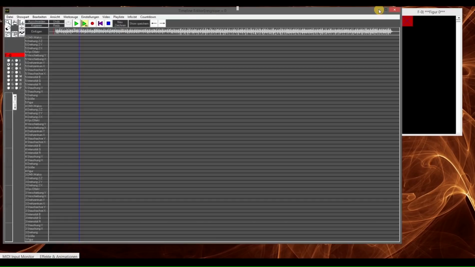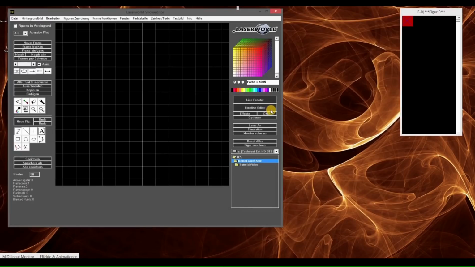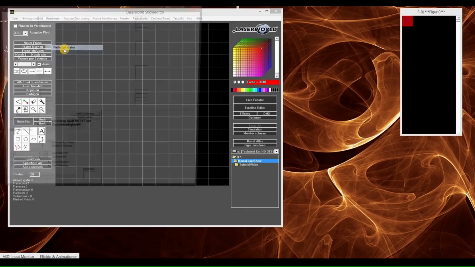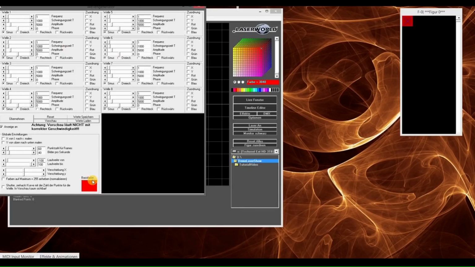So we minimize the window of the timeline editor, and now we're back at the figure editor. We select red color, and then we select the waveform generator. You can see the color is selected red, and we can start the output. You cannot see anything now because it's not configured yet. We want to have a line, just a single line,